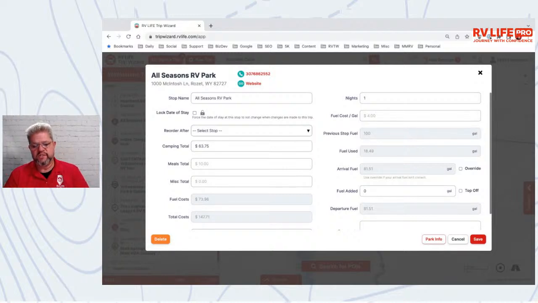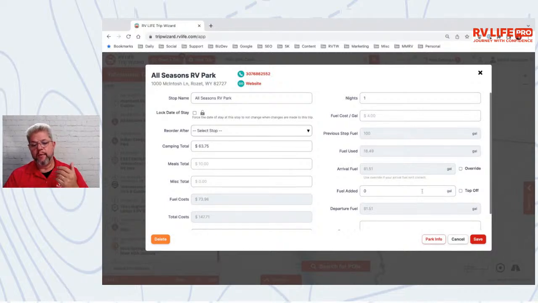However, there are a couple of scenarios where this will change. If you're pulling an RV and you've got a truck and you use that truck to run around town, guess what? It's going to change that fuel capacity. Likewise, if I have a motorhome and I'm running the generator or the diesel heater, we've talked about already, it's going to change that fuel capacity. So if I want to change that, I can override that, plug in a new value, and it will then recalculate